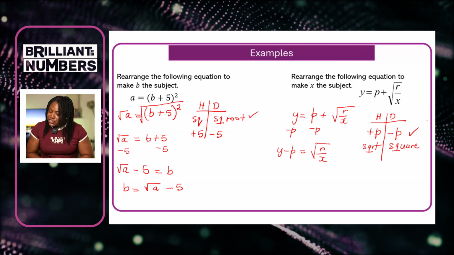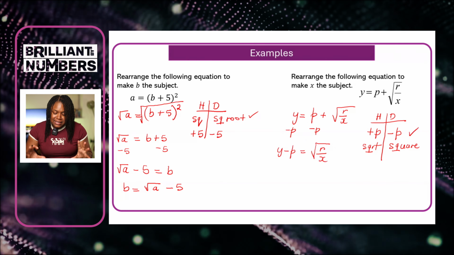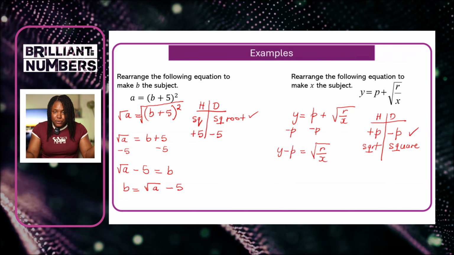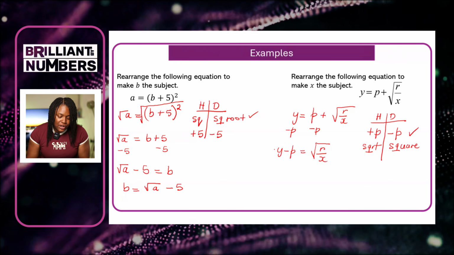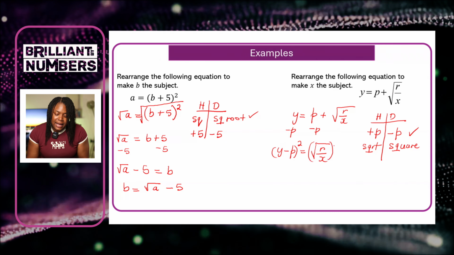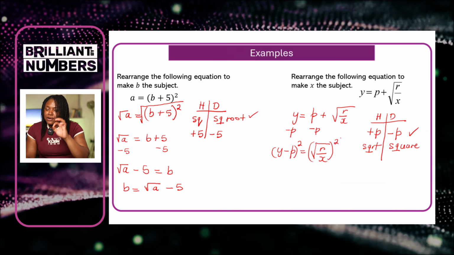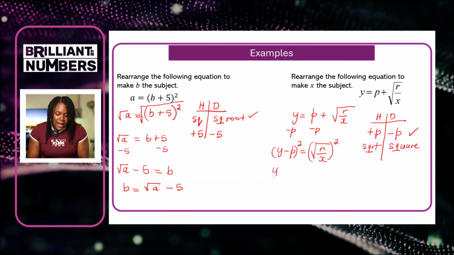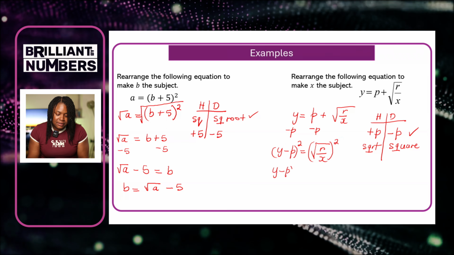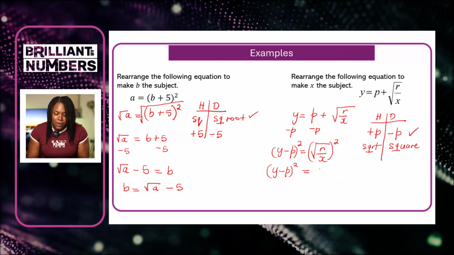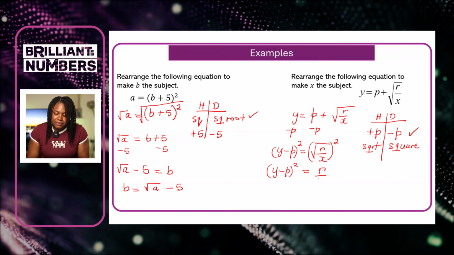My next thing to do, in order to get access now to the x, I need to square both sides. And remember, a square removes a square root. So I've got y minus p, put that in brackets, squared, equal to, I now have just r divided by